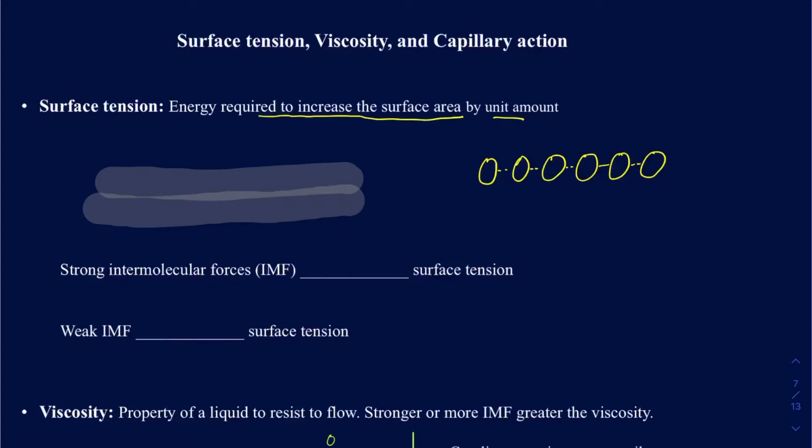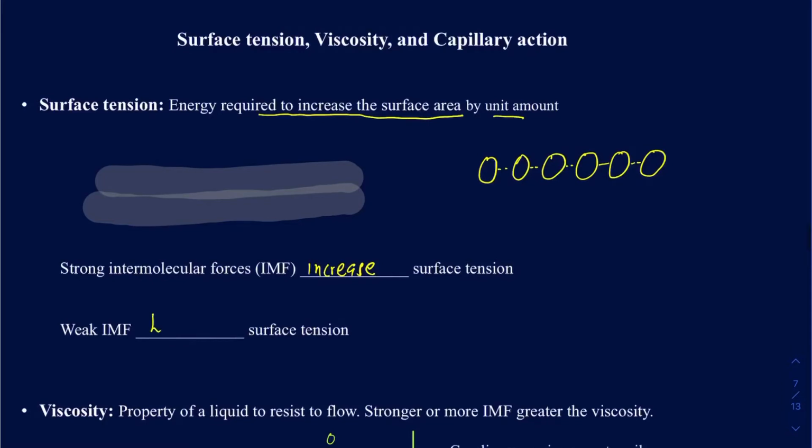Now, if you have strong intermolecular forces, then you're going to have a stronger layer on the top that's going to need a higher energy to penetrate. Or, another way of saying it, stronger intermolecular forces will give you increased surface tension, and the opposite can be said as well: weak intermolecular forces give rise to